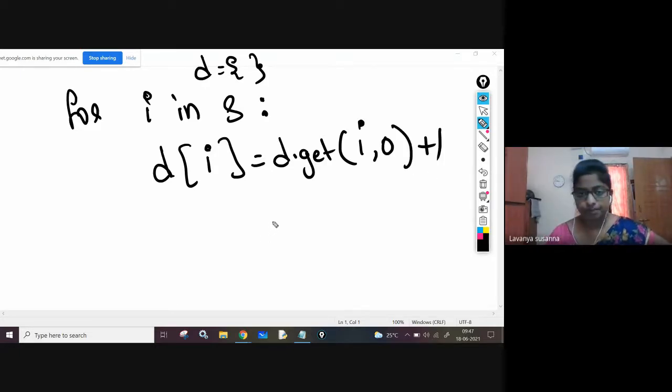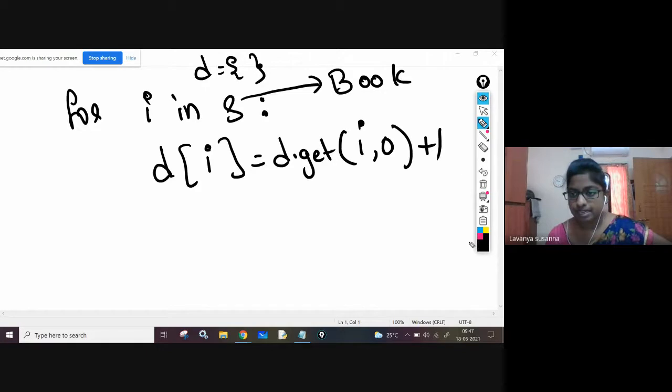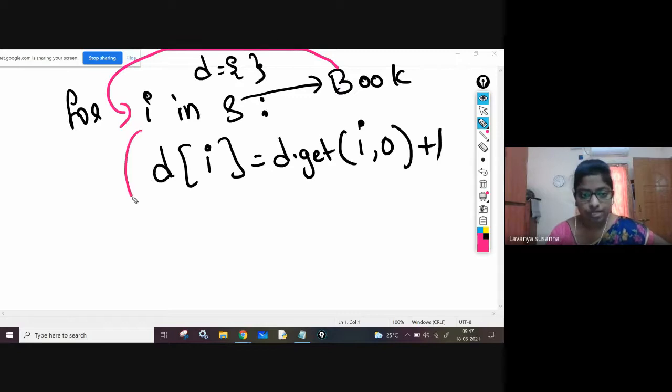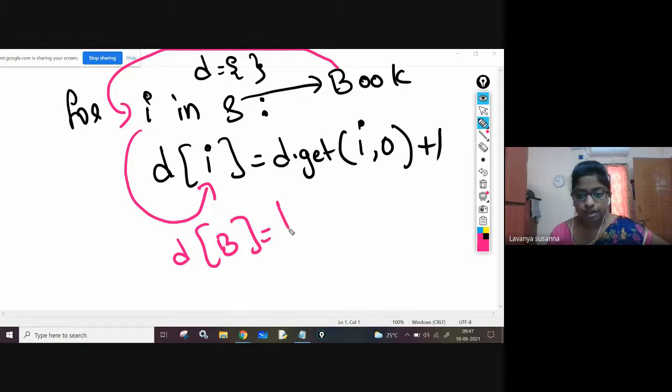Once again see. Actually S contains what? S contains book. Now what is happening? See here, B is assigned to I. Now see, D of B. Actually there is no dictionary yet, it is an empty dictionary. Here you are using D of B equal to D dot get B comma 0 plus 1.